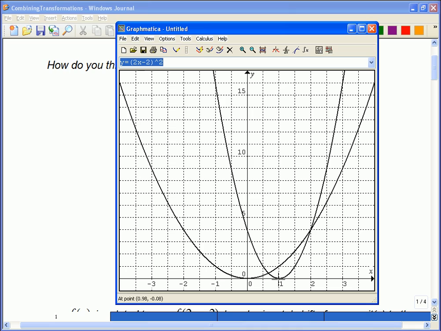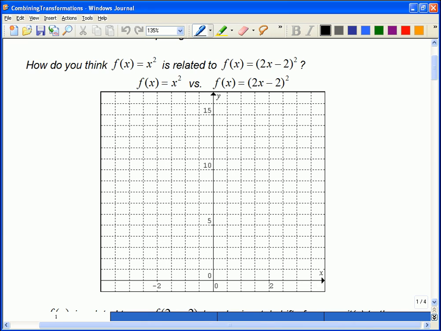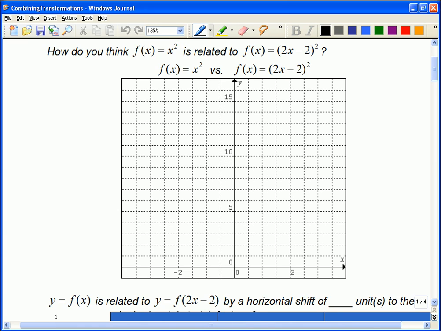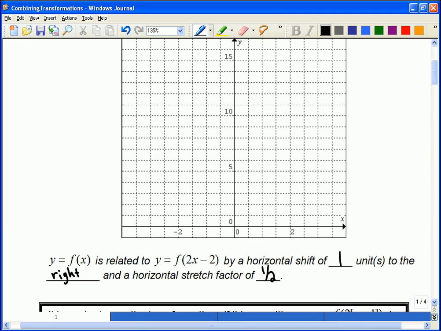Does anybody want to offer up a reasonable explanation? If you have the notes in front of you, you can probably cheat and look ahead a little. Tony, yeah? Oh, because the B is supposed to be outside the bracket, so... Yeah, it's going to need to be factored, okay? So this is just one of those housekeeping items that before you start talking about combining them, it's way easier to think about this graph as a horizontal shift of 1 unit to the right and a horizontal stretch of a half. So the way we want to think about it is not the way it appears, but in factored form. We'd like to think of this as